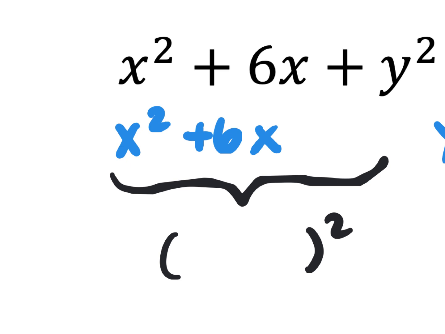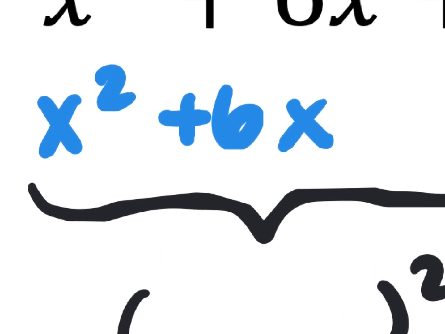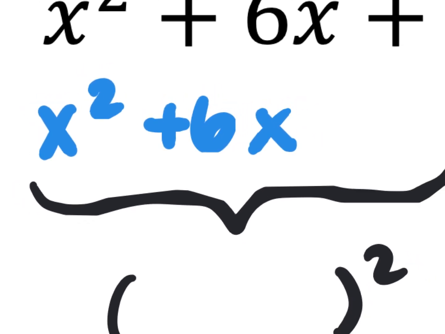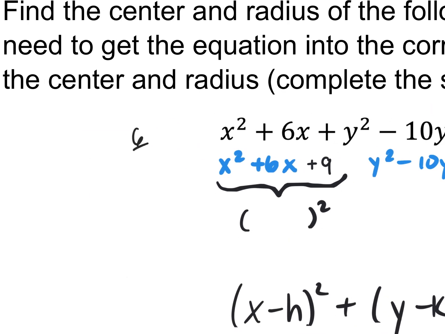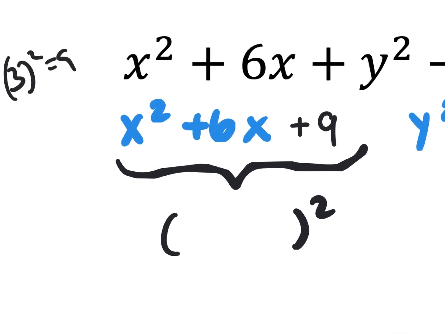And we said it is the middle term, the b term, cut in half, b over 2, and then squared. That's what we're going to have to add on here. So if I take 6 divided by 2, that's 3, and I square that, that would be a 9. That's what needs to be added on there